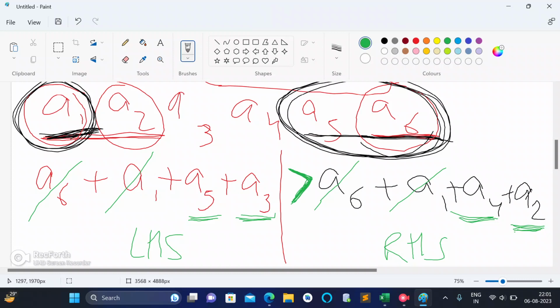Let's say the initial value is k. It means I decided to take one value from the right side and the remaining k minus 1 values from the left side. Don't you think those remaining k minus 1 values from the left side will take a larger chunk of my smaller values, because of which, when I move to my second friend, and let's say for the second friend I have to give m values,